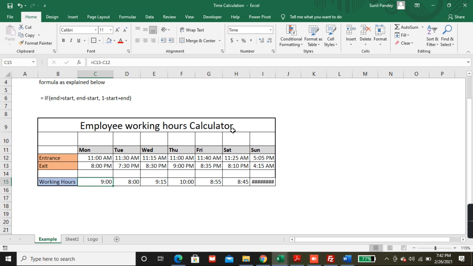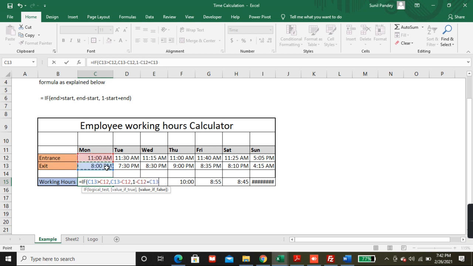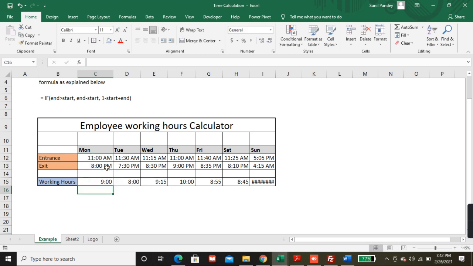And now I'll put the formula: IF end time is greater than start, then end minus start, otherwise 1 minus start plus end, bracket close.